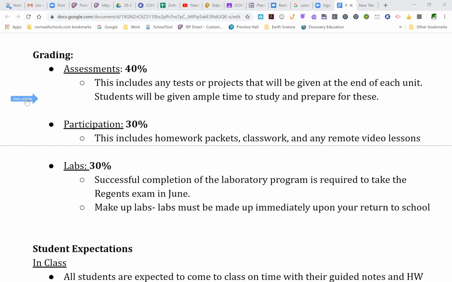Participation, including homework packets, classwork, remote video lessons. It's going to be really important that you guys understand you're in school for 2 days a week with the hybrid model. And those days that you are not in school, you're expected to make sure that you log in on that day and complete whatever the remote video lesson is, because that's also going to count for your attendance